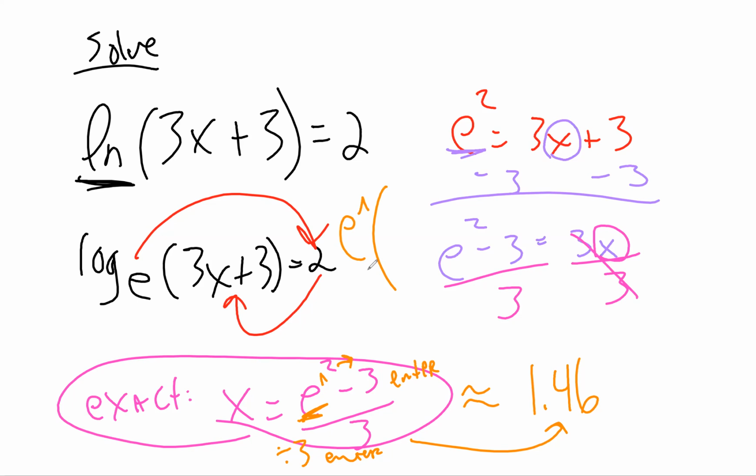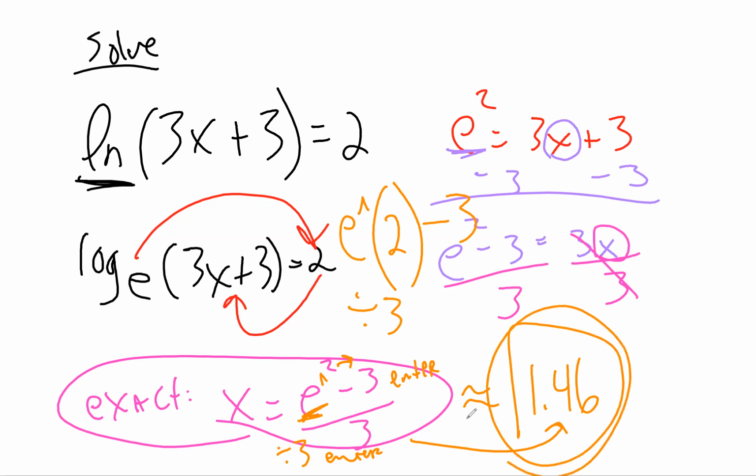Okay, so then you're going to put the number 2. Then you're going to close parenthesis. Then you're going to hit minus 3. Then hit enter. Then hit divide by 3 and then hit enter again. And that should give you this guy. Okay, I got it. I didn't hit enter the first time. Okay, yep. That's why I'm trying to show you guys how to type these things in as well as solving them.